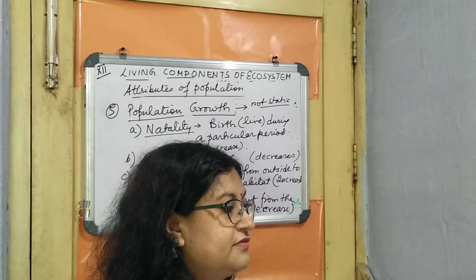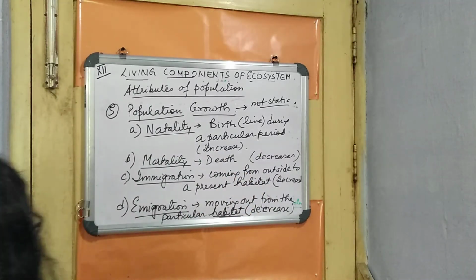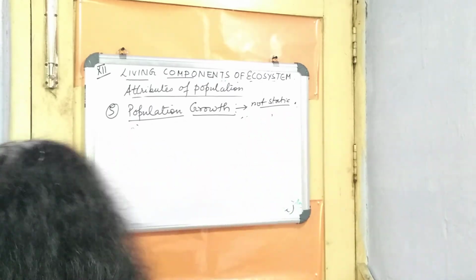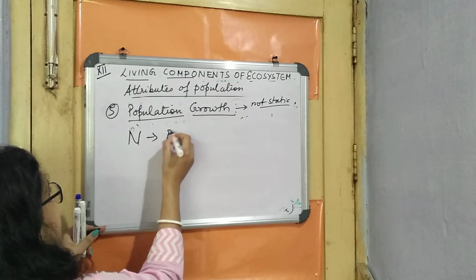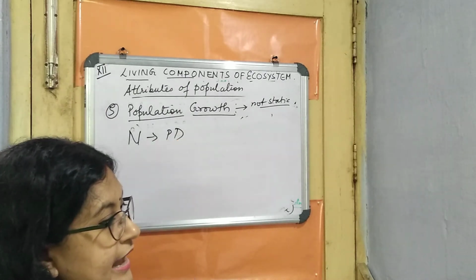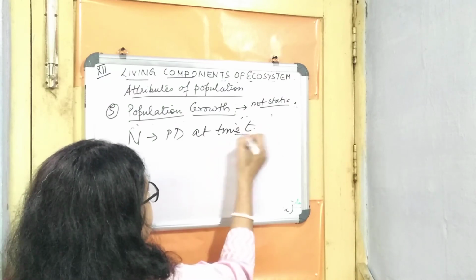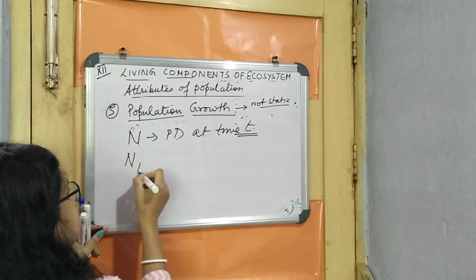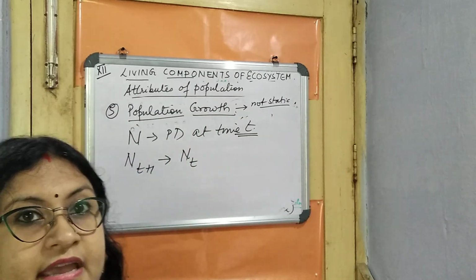And on the basis of that, if N is the population density, I will explain with the formula over here, and quickly we will see what we have learnt now. N is the population density at that particular time, at time t, right? So over here, suppose N t plus 1, it will be N t,